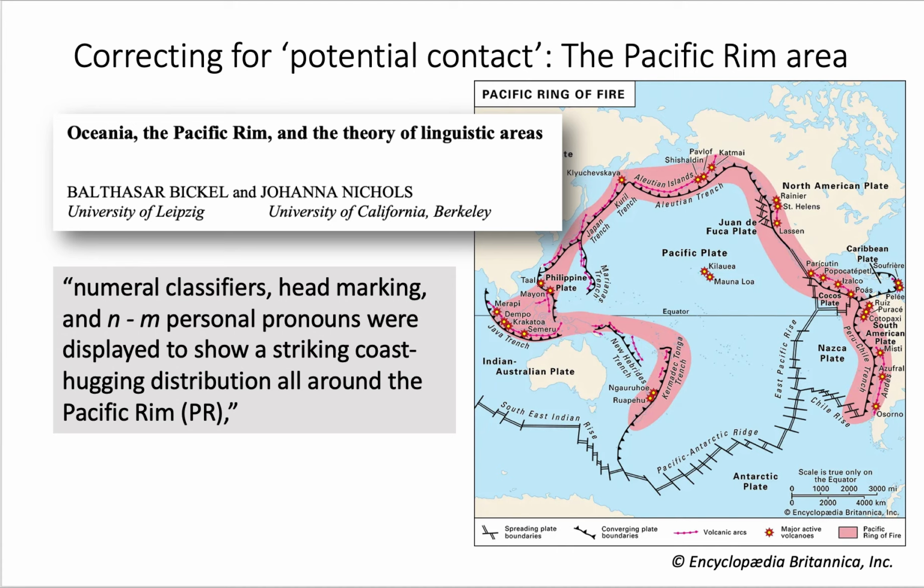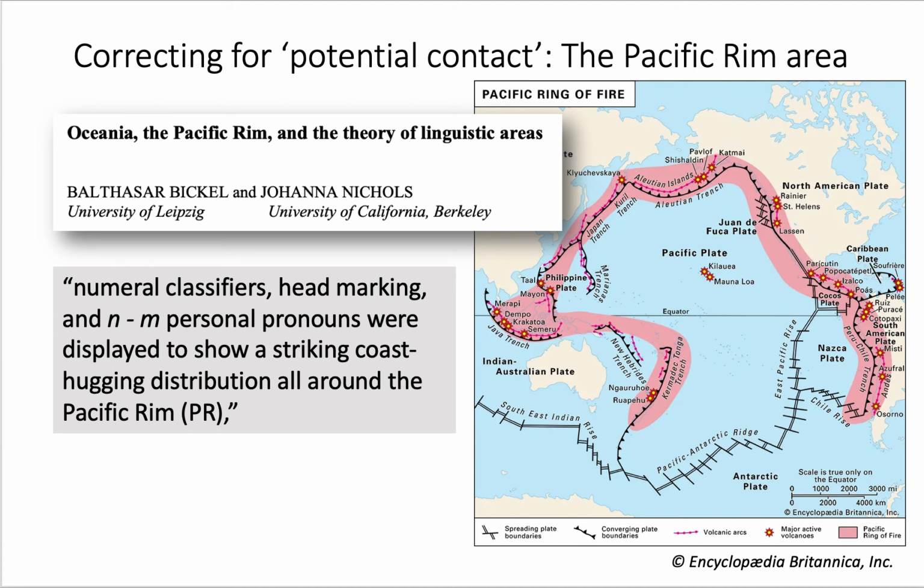So this is work done by Bickel and Nichols, who defined the Pacific Rim as a big area. And I couldn't really find a picture, so here I have the Pacific Ring of Fire, which kind of relates to the Pacific Rim and the Pacific Rim area in linguistics, in the sense that the Pacific Ring of Fire is this chain of volcanoes, but where these volcanoes are, of course, native languages are also spoken, and